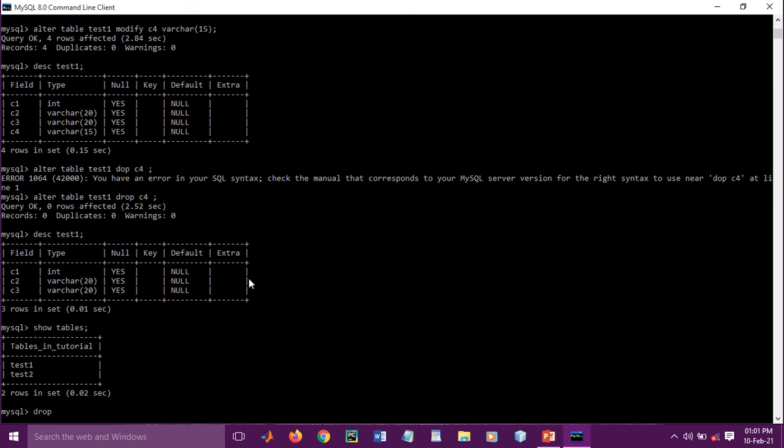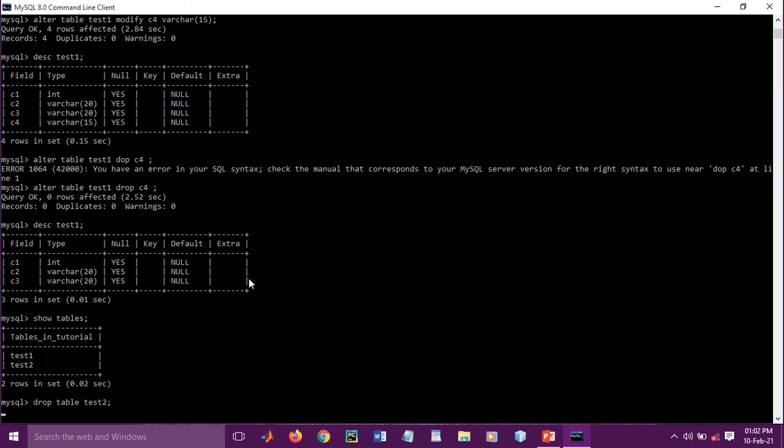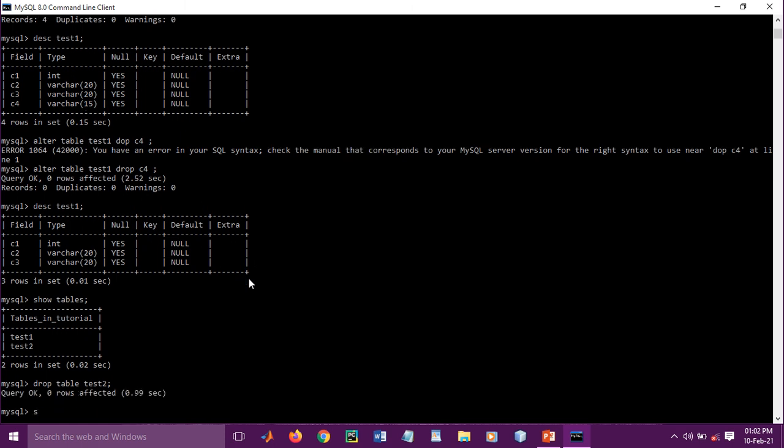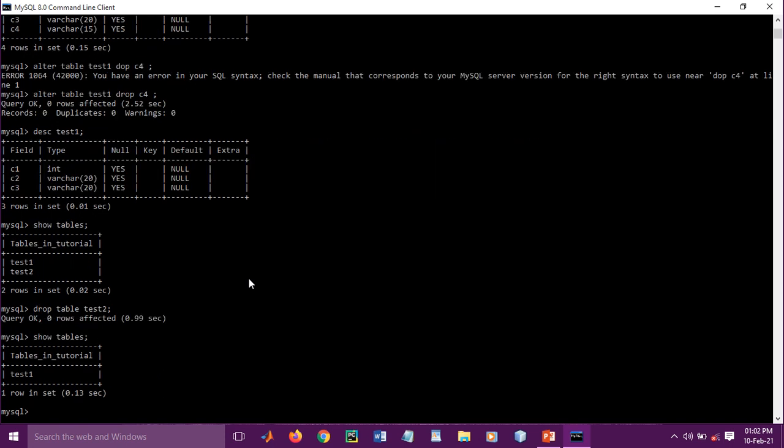Drop table test2, because I just created it and I don't have any values in that table. Just for testing and showing purposes I am using drop table test2. This way our table gets deleted.